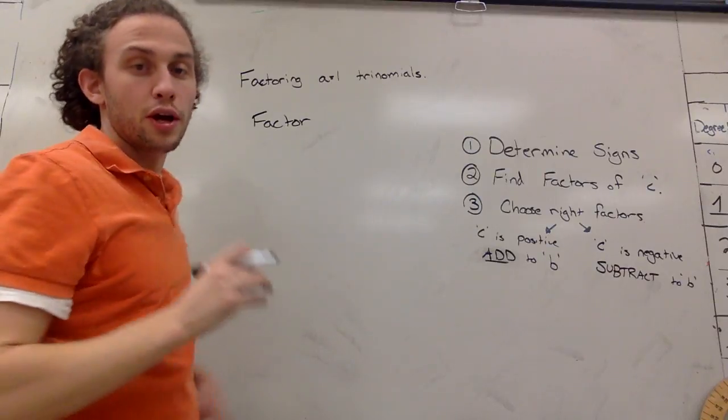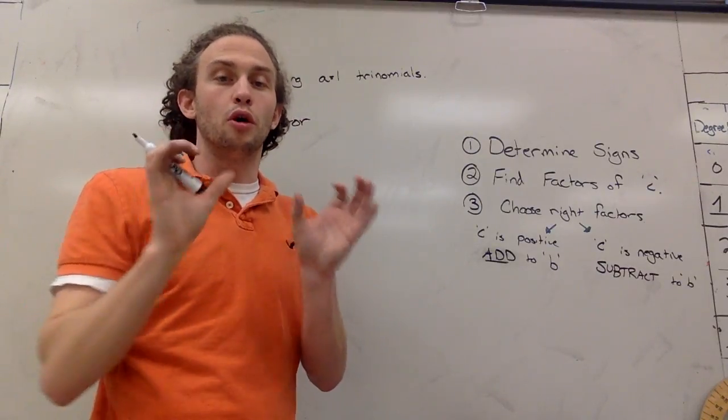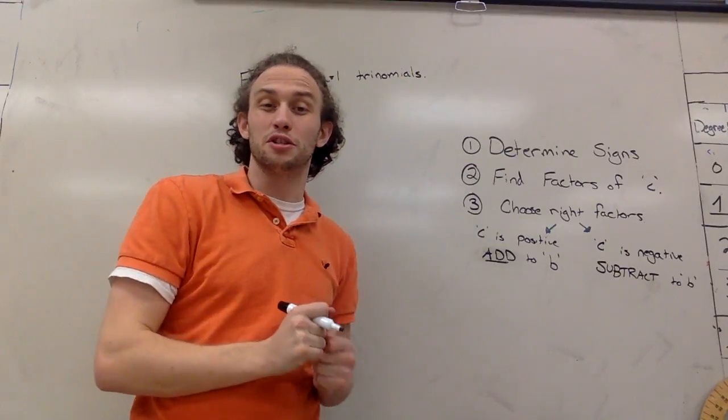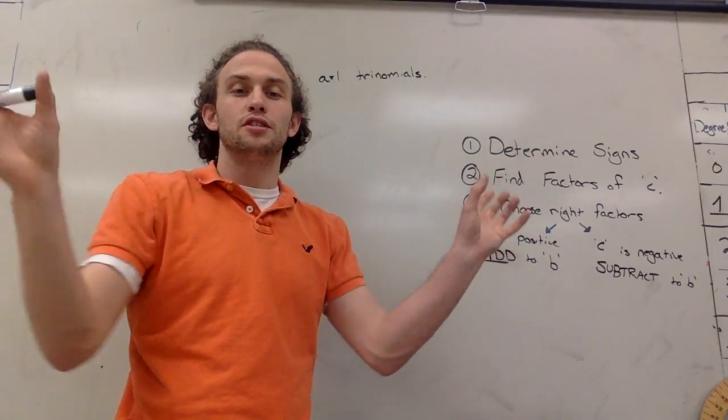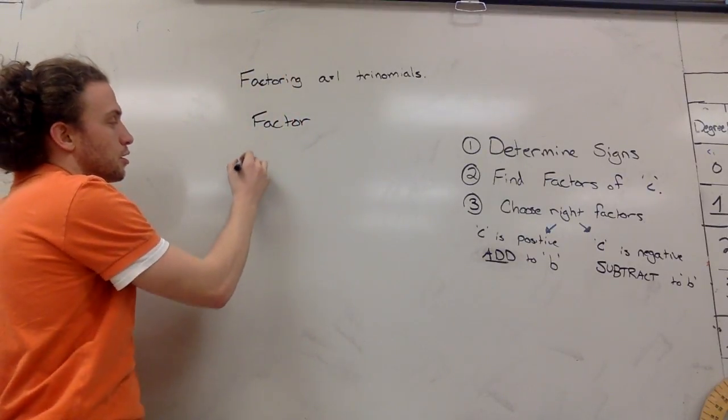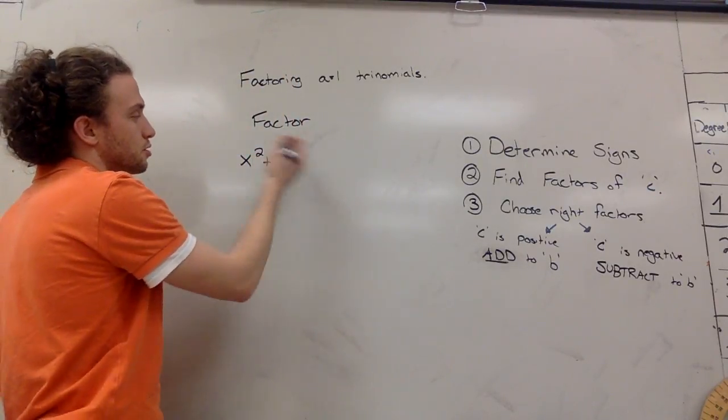Now what factor means is break things down from higher to lower. So we're not multiplying things out to, say, binomials or trinomials; we're just trying to simplify as much as possible. Not multiply things out, just break things down simpler. Okay. So when I factor something like x squared plus